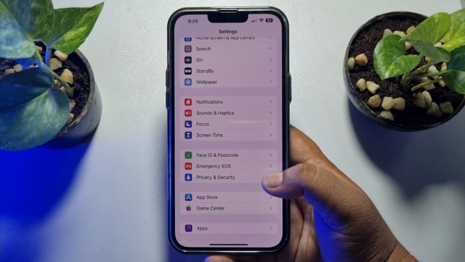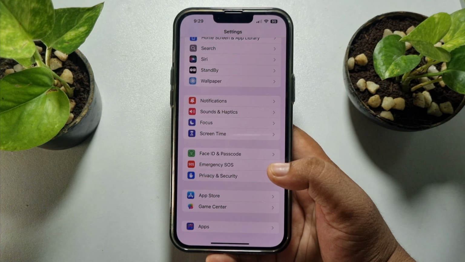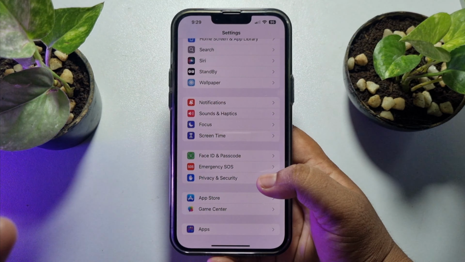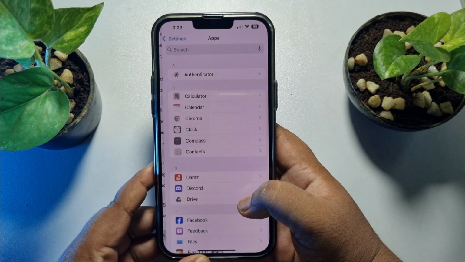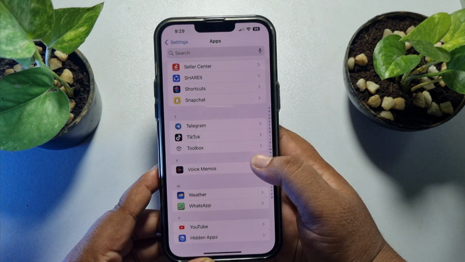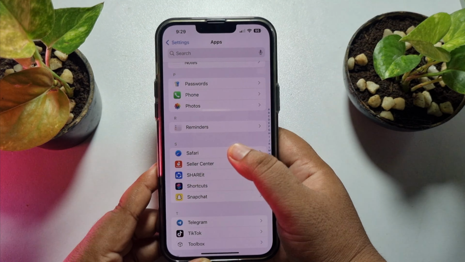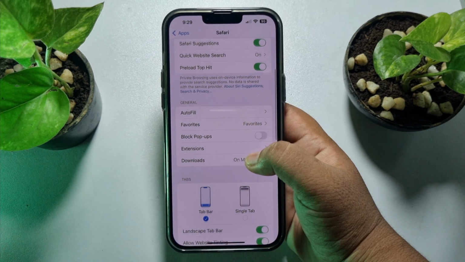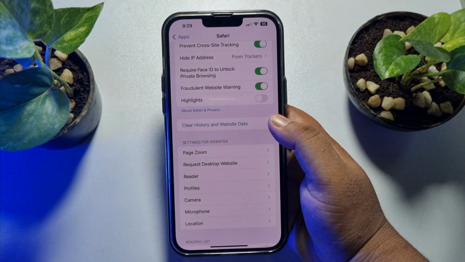And if you're using iOS 17, 16 or 15, then you have to scroll down here and just search for Safari browser. Then you have to open Safari browser. So I'm going to app section, and here the same way I'm searching for the Safari browser. So here it is, I'm opening Safari, and now here scroll down and just tap on clear history and website